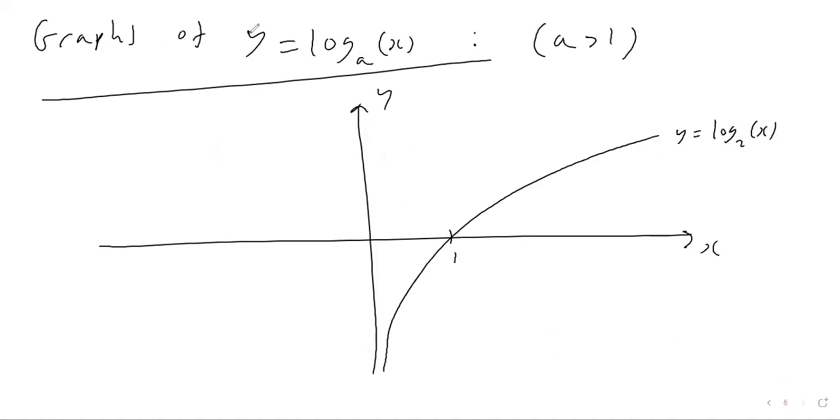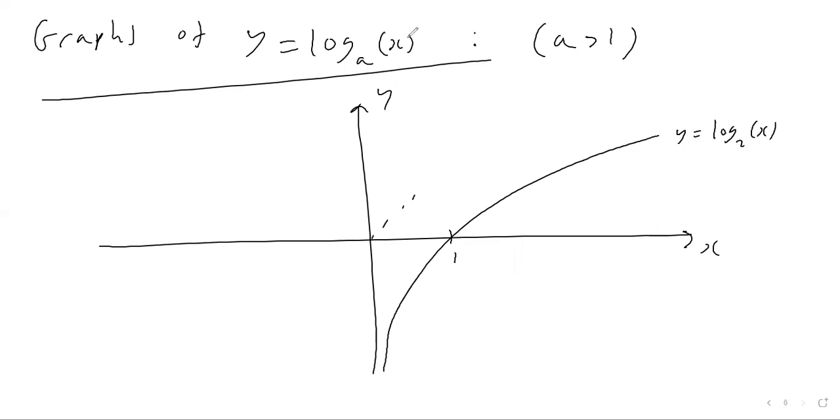But let's look at these graphs of y equals log base a of x, where a is greater than 1. What I've drawn here is a graph of y equals log base 2 of x. So what happens if I draw a graph of y equals log base 3 of x? It's still going to go through... let's actually draw our exponential graphs,